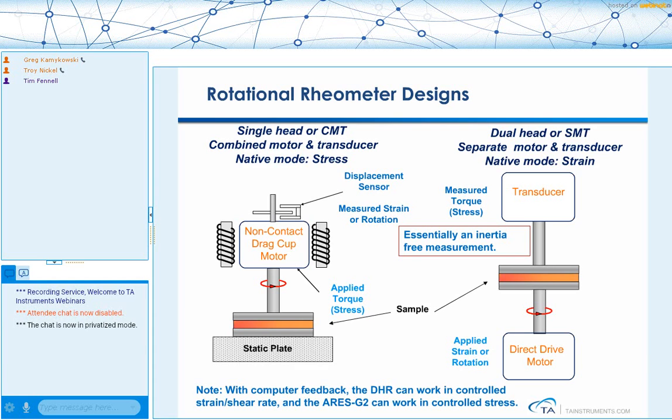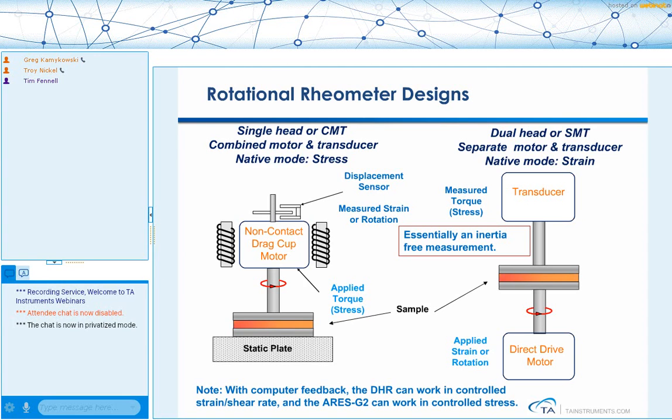And the benefit of the Aries design is that this is essentially an inertia-free measurement. And this becomes an issue when we do oscillation on weak structures, and especially as we go to higher frequencies. So there are materials where we can get measurements with an Aries that are difficult to get on an HR